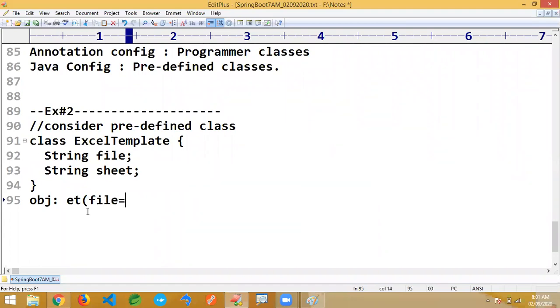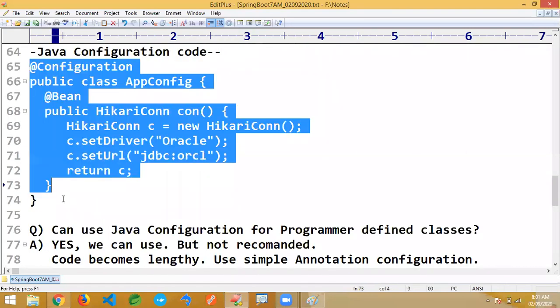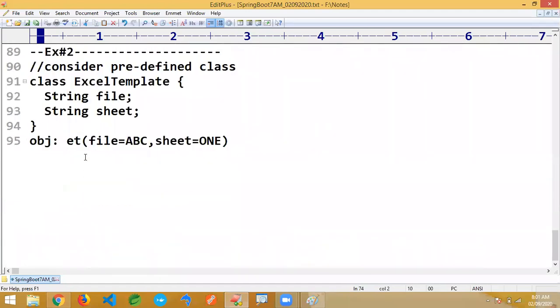File is equal to abc, sheet is equal to ONE. Can you write the code? Try. Mistakes are also fine. You have to write the code like this. That is going to create the object. This is a predefined class: the object name and the content like this.